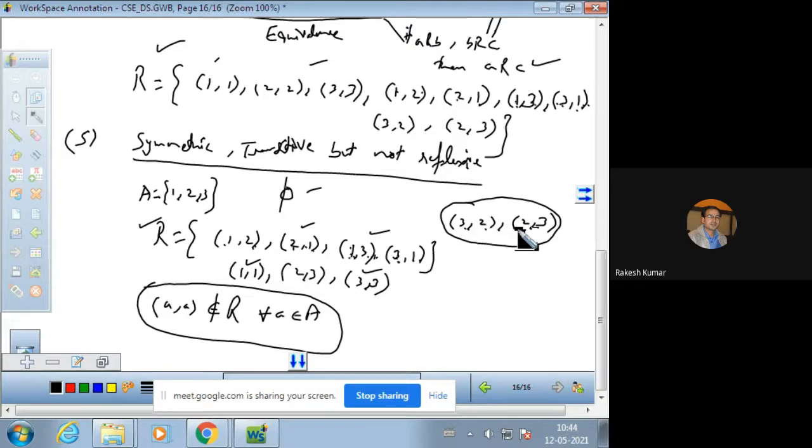इसीलिए (3,2), (2,3) was removed because (2,3) is there, (3,2) is there, then (2,2) भी इसमें रखना पड़ना था. अगर हम लोग ये दोनों भी इसमें इंक्लूड कर लेते, so (2,3) and (3,2), then by transitive property (2,2) should be there. तो (2,2) भी डालना पड़ा और (2,2) डालने से ये रिफ्लेक्सिव बन जाना. So that is why we will not take this pair of ordered set. This pair of elements we will not include in the set of relations.